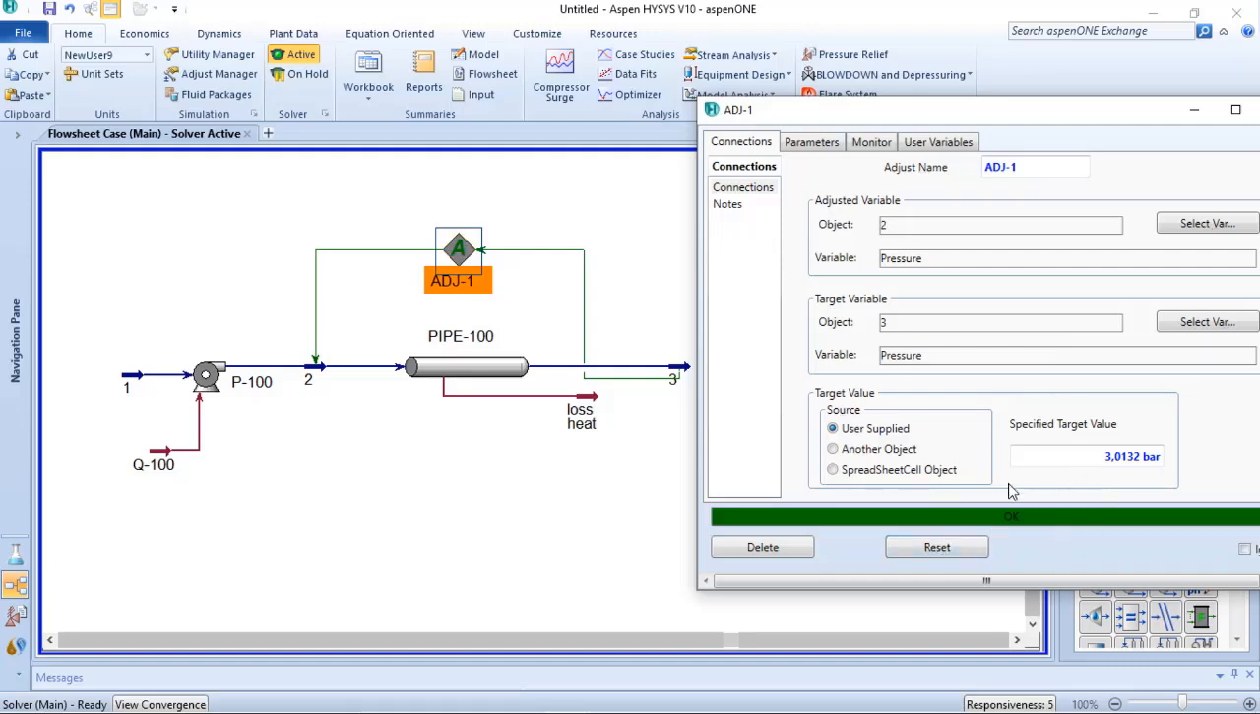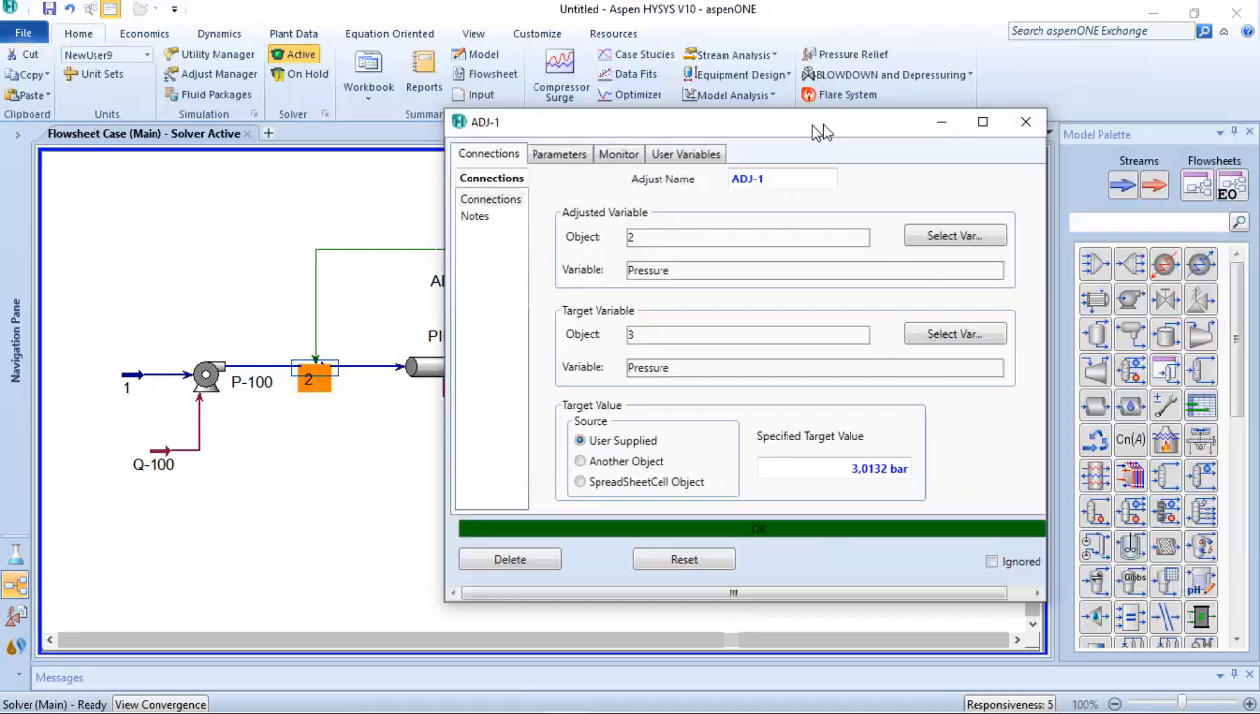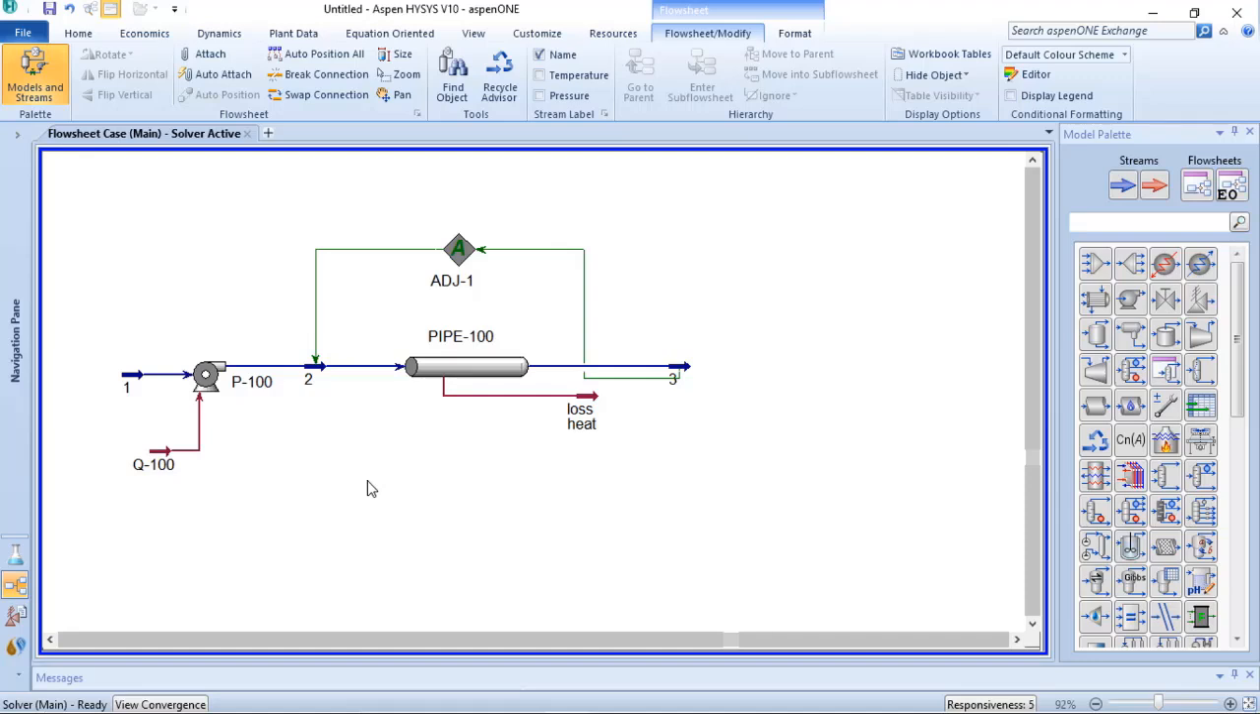And now we have the convergence of the adjust, and when I return here, you can see now that the pressure at the discharge of the pump is higher than 2 bar, and it is because we have the pressure drop between stream 2 and stream 3. And with this we were able to define the minimal pump discharge pressure to reach 2 bar G at the outlet of the pipeline. Before I go to the final comments, let me show you a very useful button that